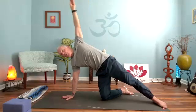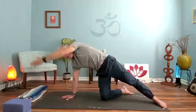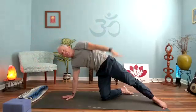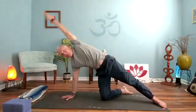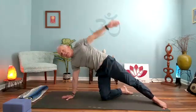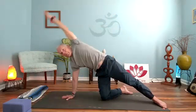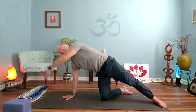Option now is to start to draw that left arm forward. So it's just a windmill action, just gently flowing in that circular motion for 3. Here we go for 2. Nice. Now on 1, reverse it, take it the other way. Hello, left shoulder. Beautiful. Here's 3,